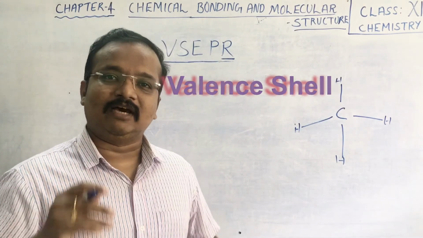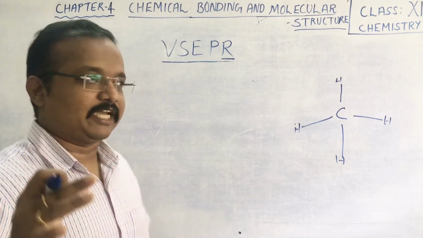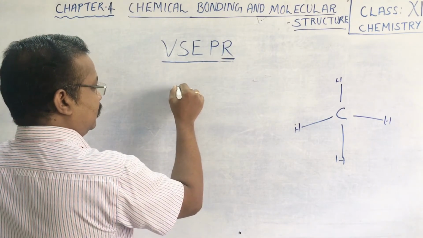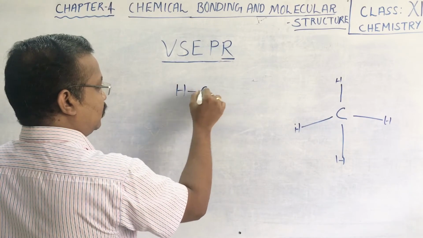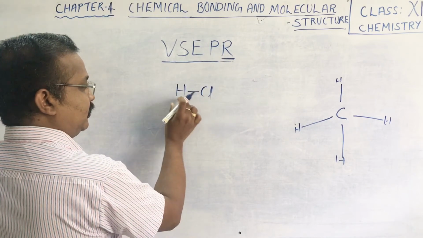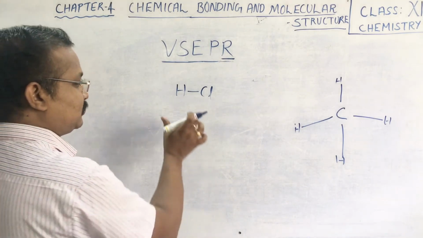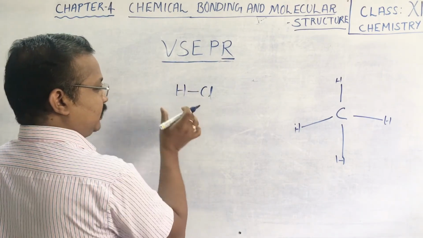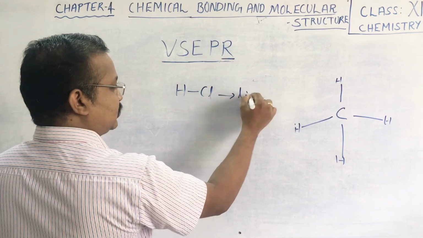So students, now let us look at some of the shapes which can be formed with the help of, suppose, a molecule of hydrogen chloride, HCl, where two atoms are present. So this is actually an AB form where A and B are in a straight line. This will form a linear structure.